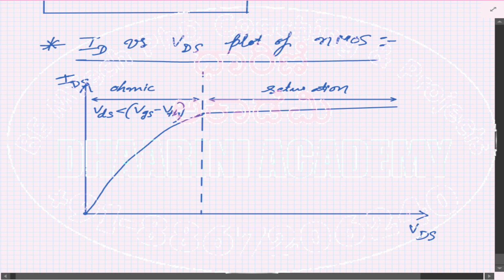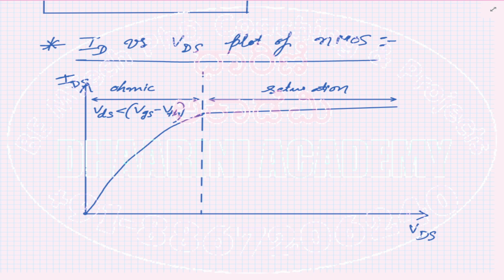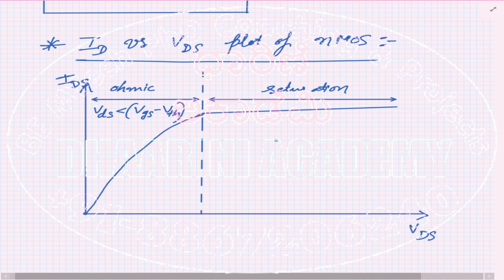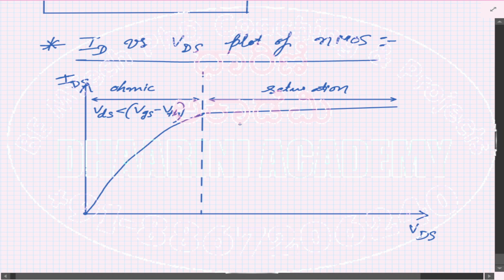Threshold is that gate voltage below which there is no conduction, right? Because you recall, until and unless your gate voltage reaches a certain value, there is no channel, no conduction. So that voltage is called VTH, threshold voltage. And the saturation region can be obtained if you make the VDS voltage greater than or equal to VGS minus VTH. Okay, so we have the regions of operation